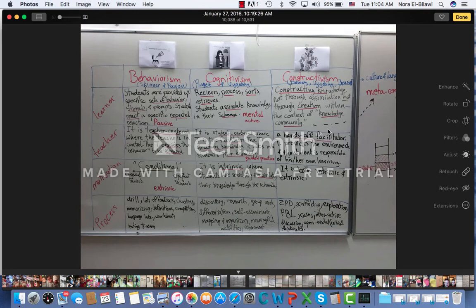Okay, so today we're going to continue our Module 1 to learn more and to understand more about how to instruct students, best instruct students in order to best assess them. So in order to understand how to assess and what to assess, or what assessment is needed to be used with specific students based on their levels, we really need to learn first about teaching and learning approaches and theories